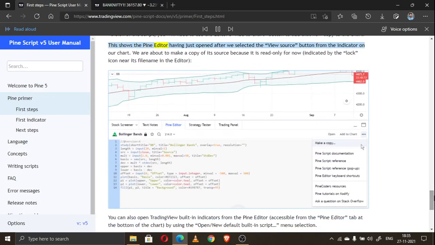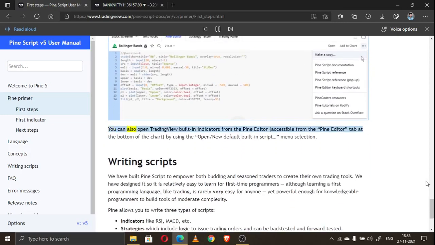This shows the Pine editor having just opened after we selected the View Source button from the indicator on our chart. We are about to make a copy of its source because it is read-only for now, indicated by the lock icon near its file name in the editor. You can also open TradingView built-in indicators from the Pine editor, accessible from the Pine editor tab at the bottom of the chart, by using the Open New Default built-in script